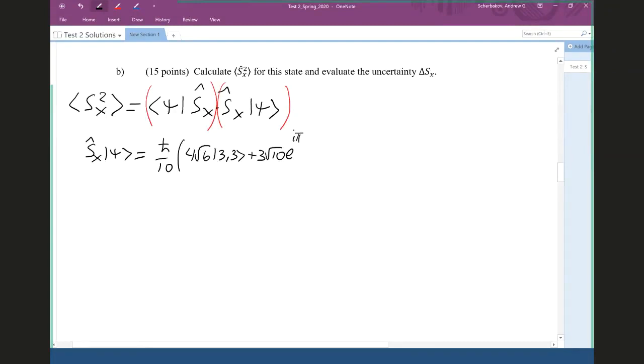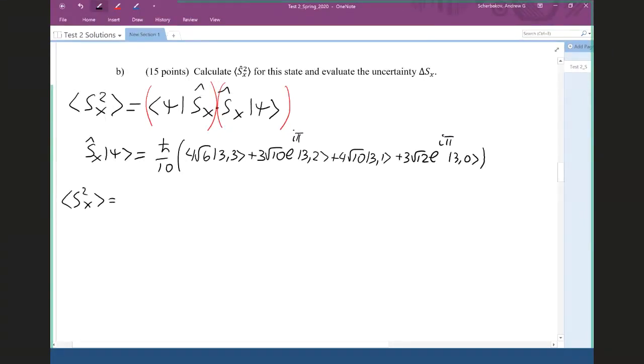I can keep theta, it doesn't matter, it will cancel out. Alright, so then the Sx expectation value squared is just